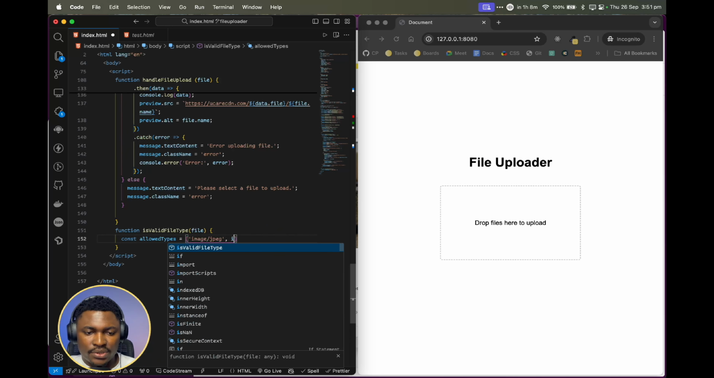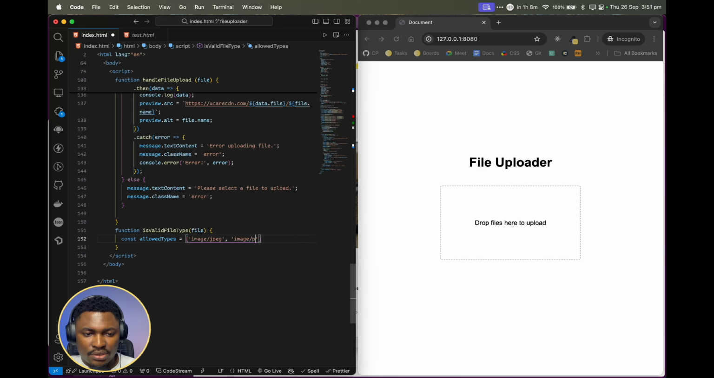So let's also accept PNG images as well. So we'll say image/png, and also let's accept GIF animations as well. So we will say image/gif. And so with this, let's return true or false if a file is valid or meets any of these